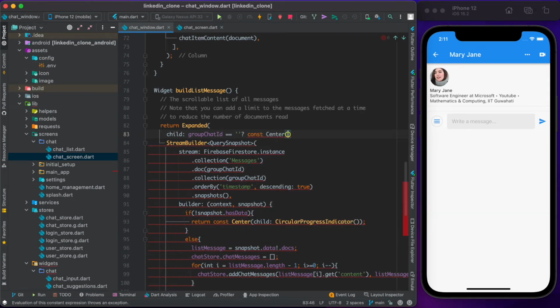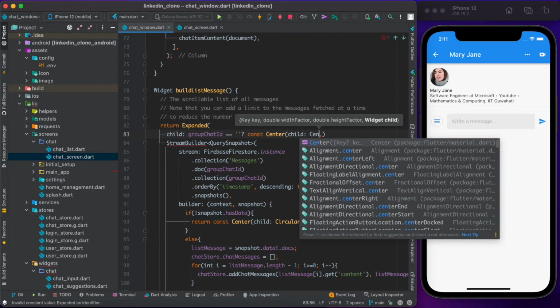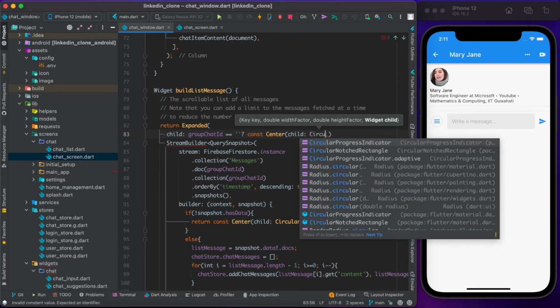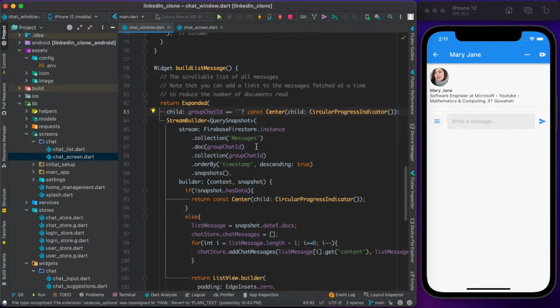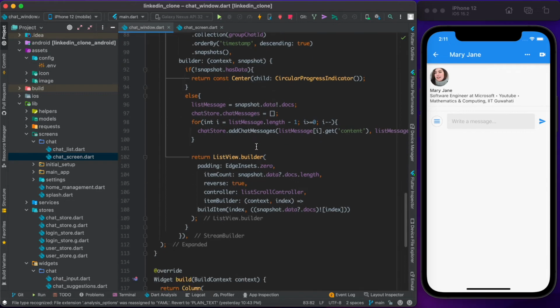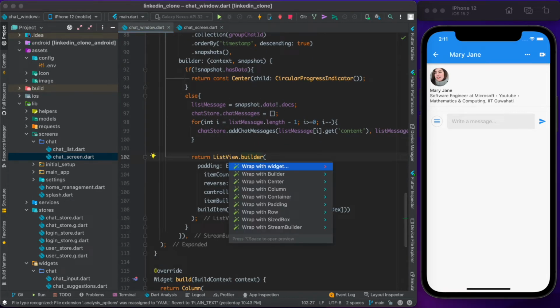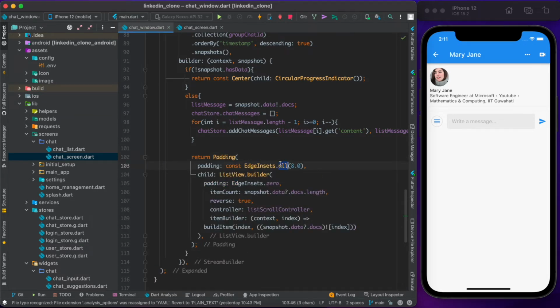So I'll show a circular progress indicator in that case as well, with Center child CircularProgressIndicator. And if my groupChatId is not equal to that, I'm going to show the StreamBuilder. Finally, let's add a padding to the ListView builder. I'll add an indentation to the left, EdgeInsets.only, with a left of 10.